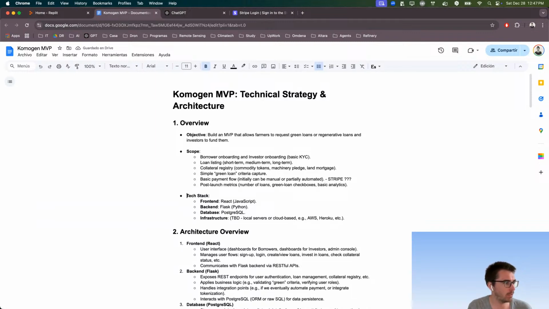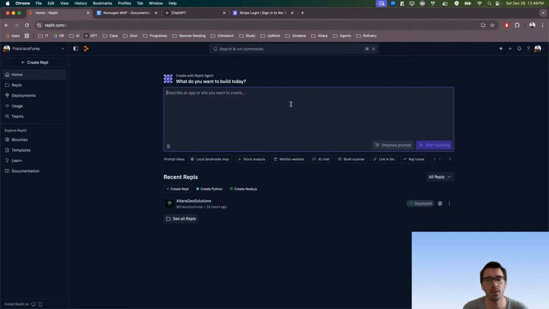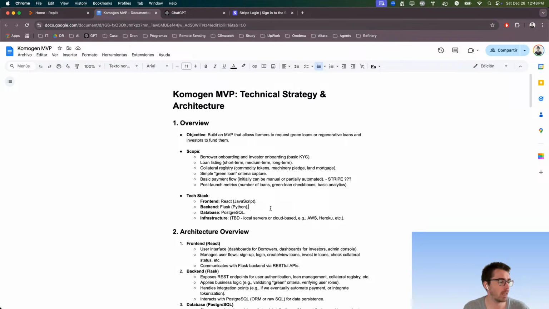Okay, so the tech stack. Frontend, React with JavaScript, just because I have some experience. Backend, Flask with Python. I would prefer to use FastAPI, but because we are doing this with Replit agents, they just accept Flask. So that's why. Database, PostgreSQL, and that's because with PostgreSQL you can use